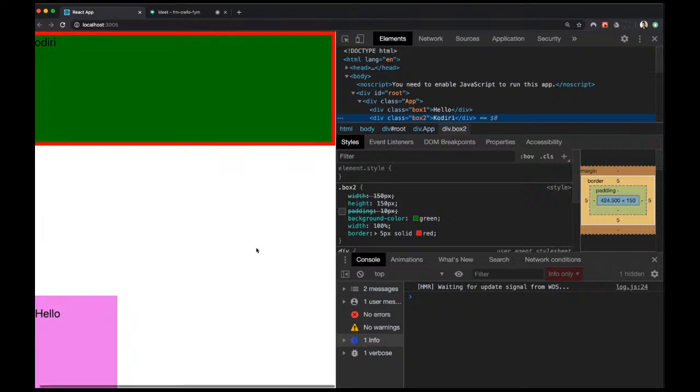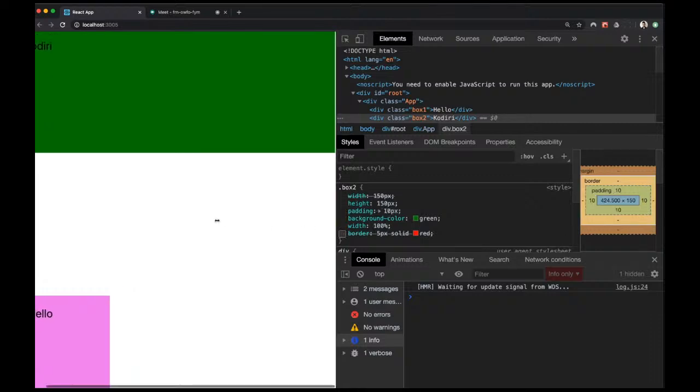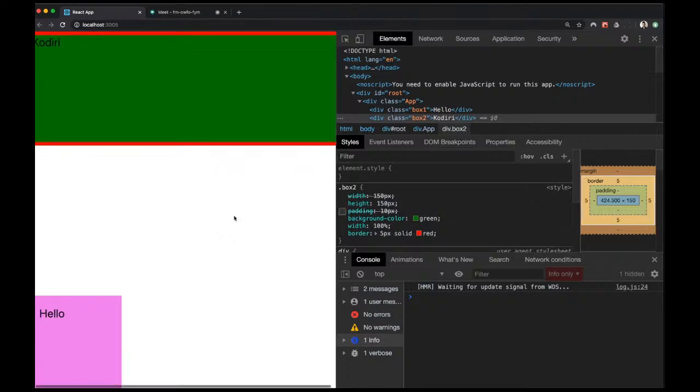I don't know. Guys, you see there is a horizontal scroll bar at the bottom, right? Let's see what happens if I remove the border. Oh, now the scroll bar is gone. And what if I add the padding? Oh, the scroll bar is in. You see? So as soon as I add either a padding or a border,